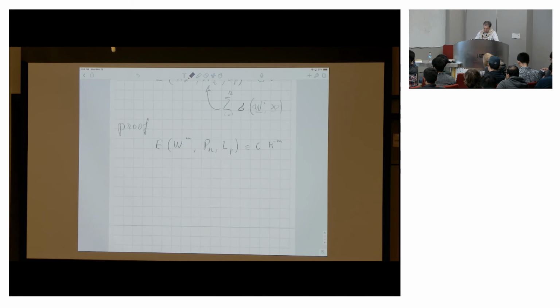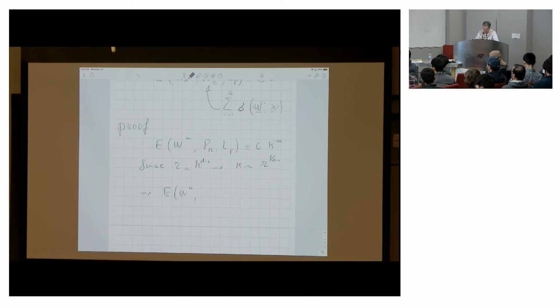And since R is of the order, as I calculated before, of k to the D minus 1, then k would be roughly R to the 1 over D minus 1. And this means that